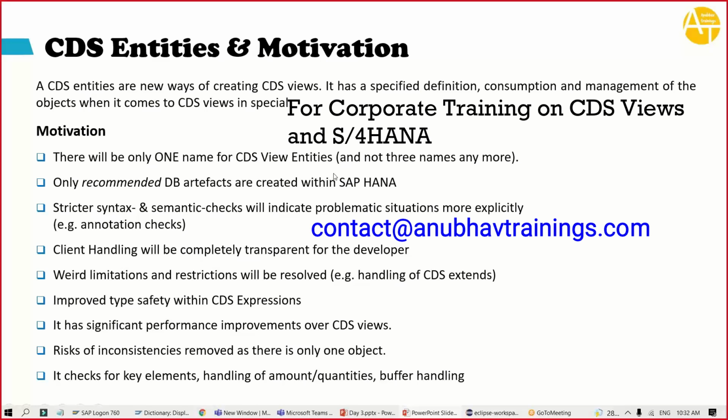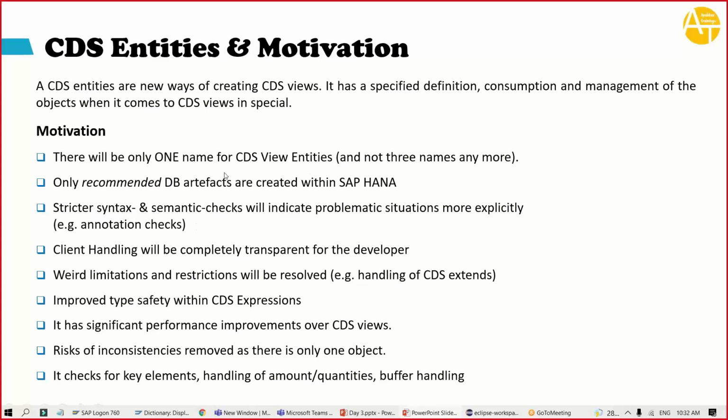You don't need the SE11 view at all. It will not get created when you create a CDS entity as compared to CDS views. CDS entity is much more than that. It provides stricter syntax and semantic checks, like if you put in a currency field or unit field, it will force you to give a quantity. And for quantity, it will ask for units, and for currency, it will ask for a currency key.